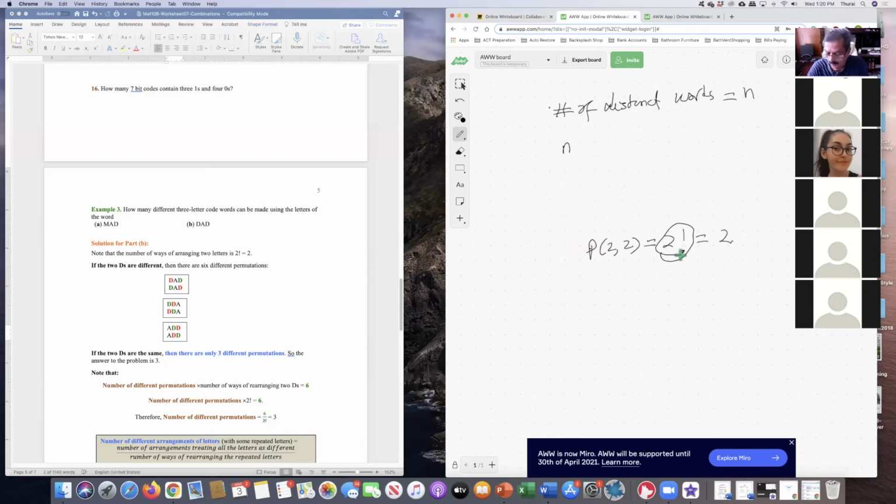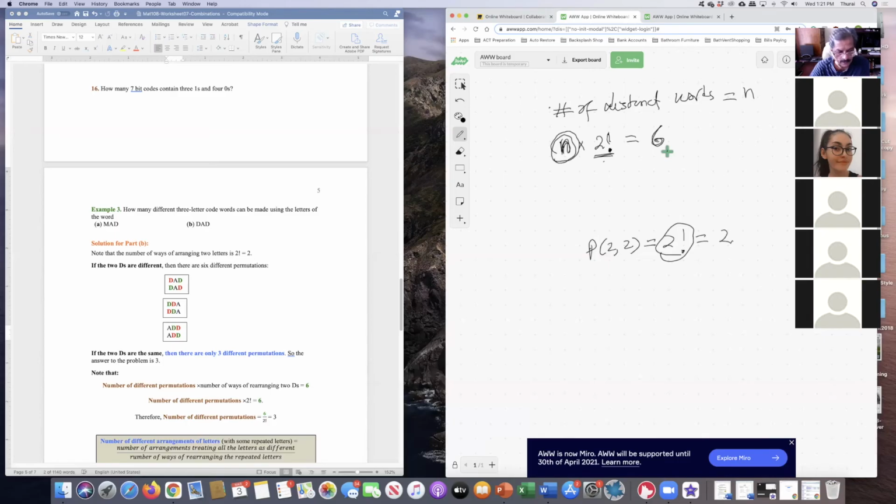In other words, what I'm saying is the actual number of different words, n, multiplied by the number of ways of rearranging the 2 matching letters, which is factorial 2, is equal to 6. We got all 6 different words that are listed here by multiplying the 3 by the factorial 2. Factorial 2 is 2. 3 times 2 is 6. That's why we are getting that